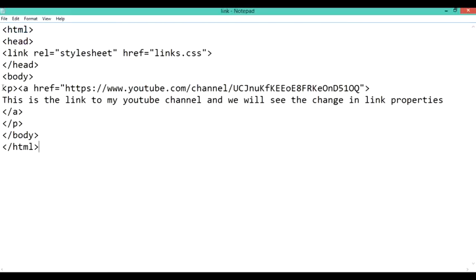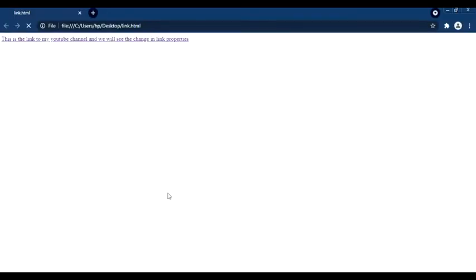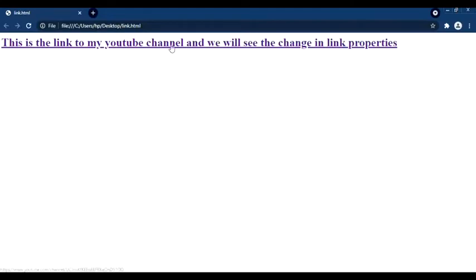I am just adding an h1 over here so that it is easily visible for you to locate it, along with whatever I have written in the HTML document. So I have used an h1 tag and I am closing it with the h1 tag at the end of the paragraph. Basically, the h1 tag, we all know, is used to increase the size of the text. After this, we are going to use a CSS file.